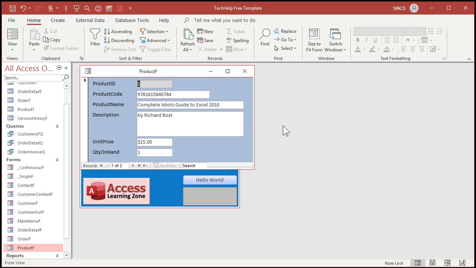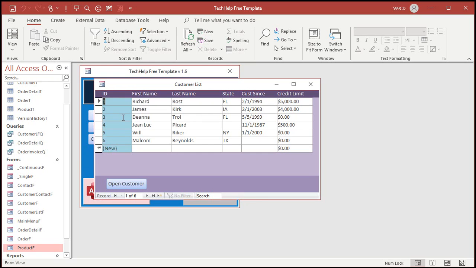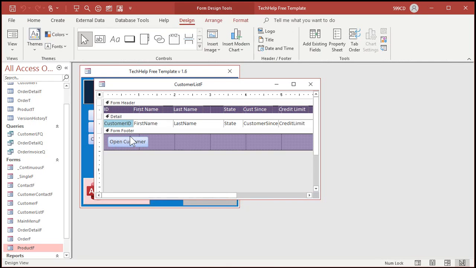Now, could you make a continuous form where you can just go scan, scan, scan, scan, scan, and have it continue to scan? Sure, why not? Set up a continuous form like my customer list here, where you can just go from field to field. And if you want to make it so that you just go scan, scan, scan, all you have to do is come in here,